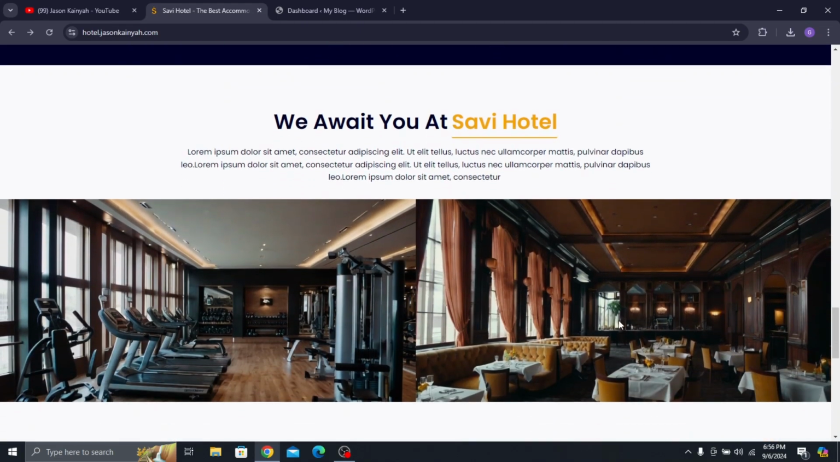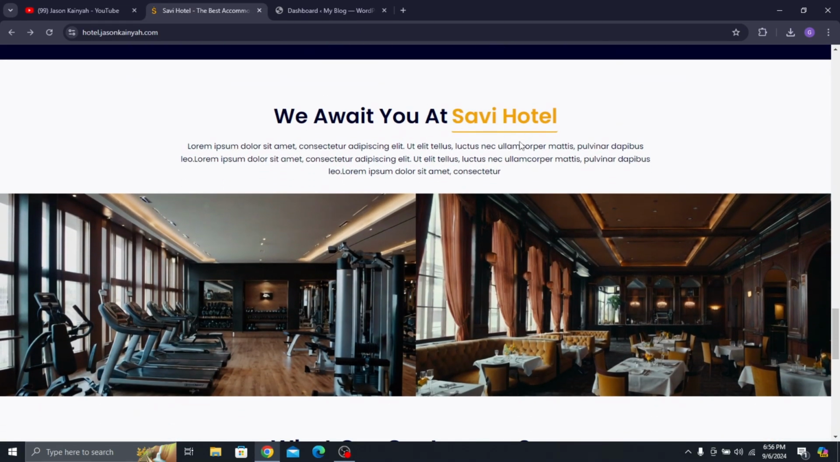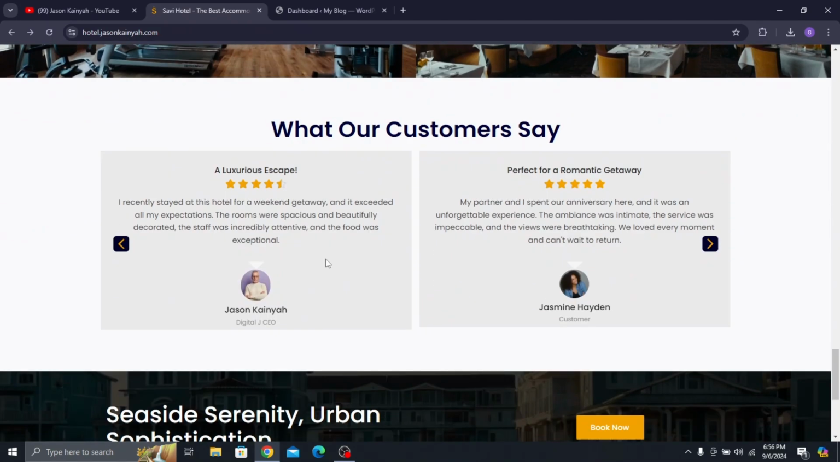So over here we have this heading with this nice style, and then we have a description and 2 side-by-side images, one a restaurant, one a gym. Like I said, I'm going to give you all the images I use, and I'll show you why I got these images as well. All right, so at this section here we have the testimonial section with the main heading,